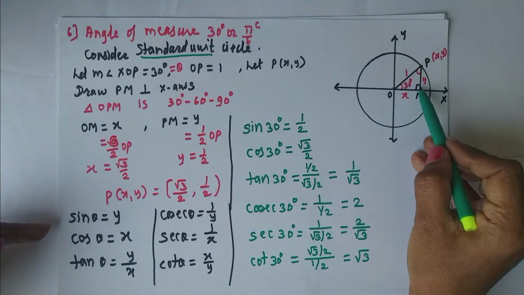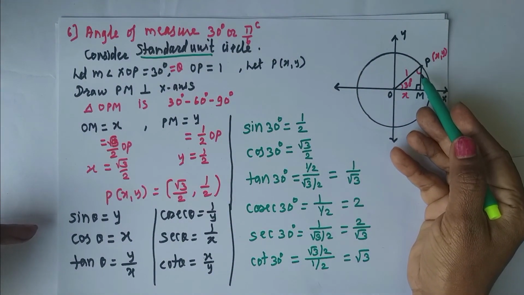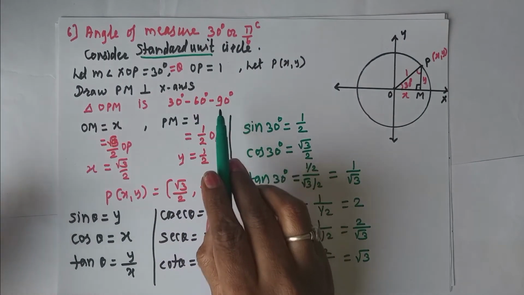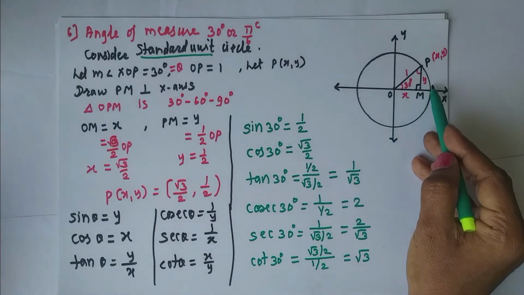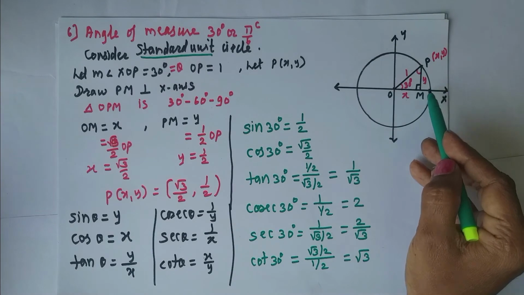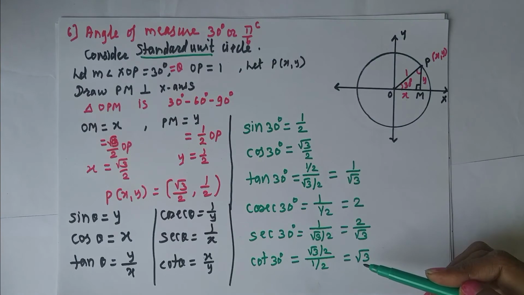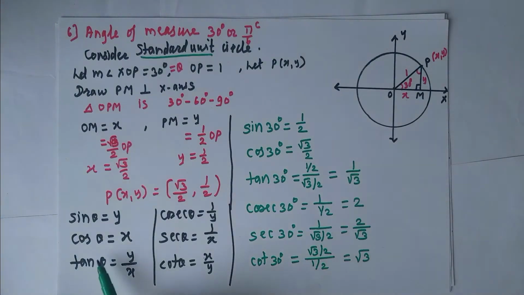Okay, you always remember that we have to draw perpendicular from point P on the x-axis. And if one of the angles is 90 degree and another angle is 30 degree, then the remaining angle will be 60 degree. And in this way we have got the triangle of 30, 60 and 90 degree. Using the property of 30, 60 and 90 degree, we will find out the coordinates of point P, that is value of x and y. And if we find value of x and y, then it is very easy to find all 6 trigonometric functions, because with reference to the standard unit circle, these 6 trigonometric functions have only values of x and y, because these functions are only in terms of x and y.